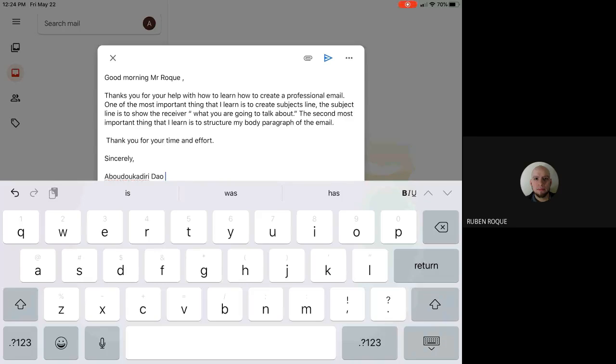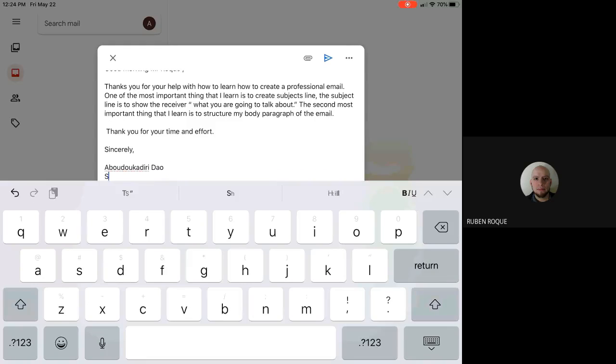Right now you could keep it like that, but when you have your career or your job, you could always put your position underneath. So for you, you could put student underneath your name, or you could put what company you're part of. For this one, Pathways to Graduation is the program that you're in.